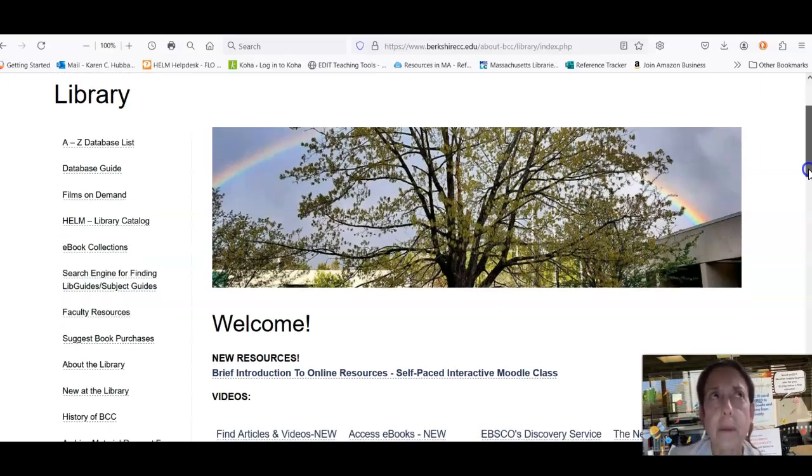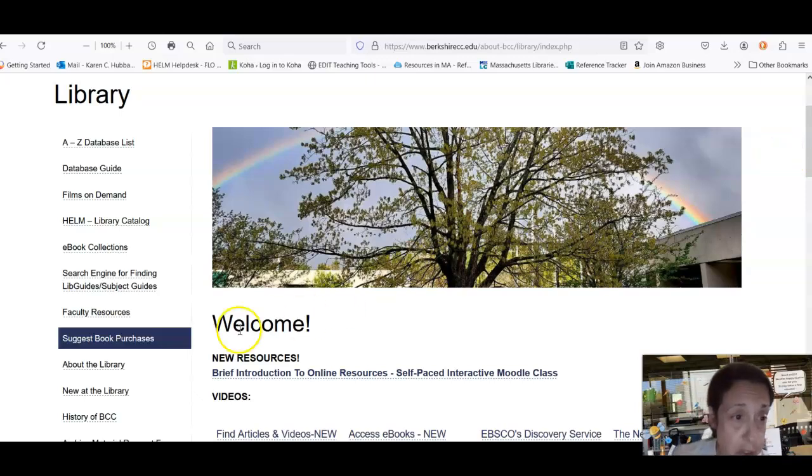Sometimes when you begin a paper, you're not too sure what to focus on. If your topic is too broad, you'll find way too much material. If your topic is too narrow, then you might not find enough. And sometimes you might find yourself just grappling with what aspect, or even what topic, you want to choose. So a few ways to do this is to go over to our